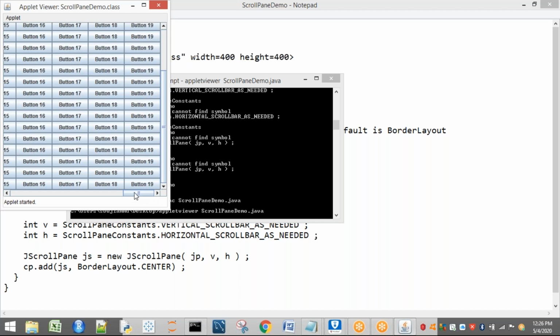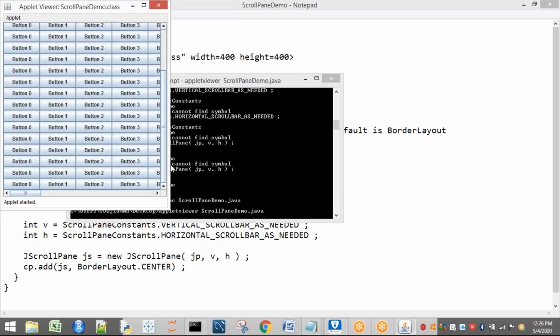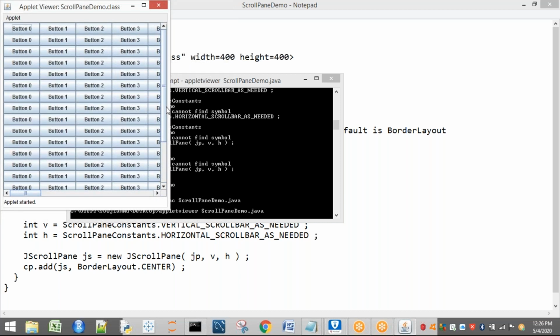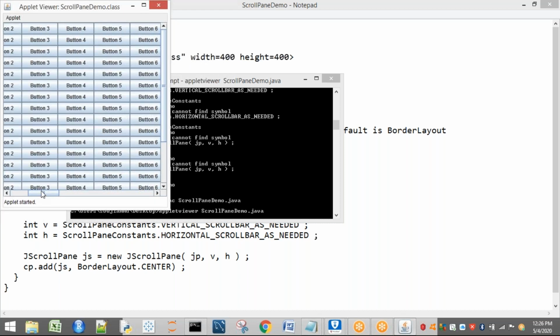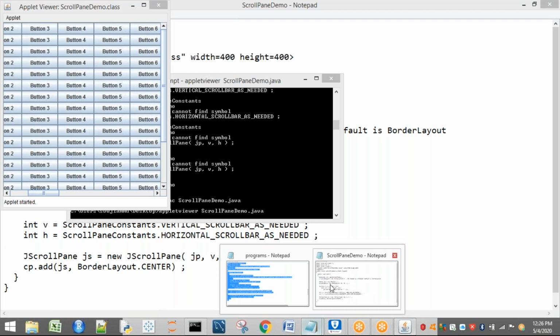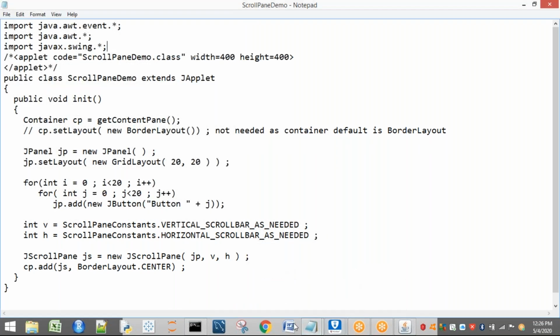For example, when you execute the program, the first view is this one. Next, when I scroll this one, the view is also going to change. Now I will show you the concept, and you can understand it clearly. I will show the output and I will explain.